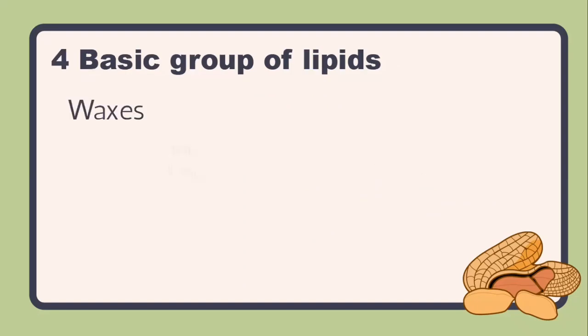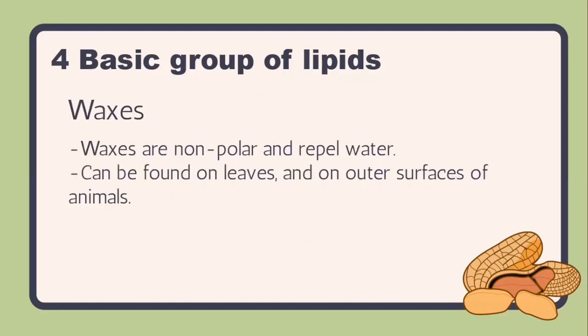Lastly, we have waxes. Waxes are nonpolar and they repel water. These are produced by the ears to protect the eardrums, not just of humans but also of animals. These act as a water repellent present in the feathers of birds, the cuticles of insects, for example the spider, and the leaves of some plants. An example for that is the gabi plant, wherein if you drop water on the leaves of the gabi plant, the water just slides off since the leaves of the gabi plant contain a lot of waxes.